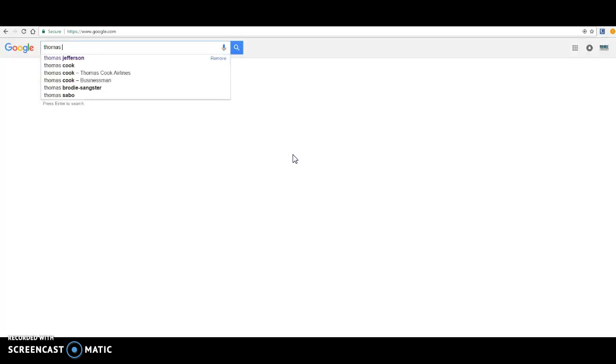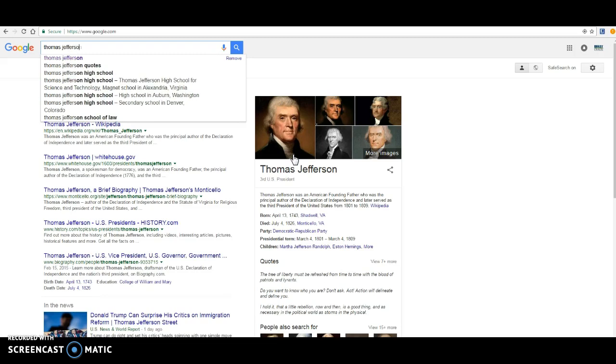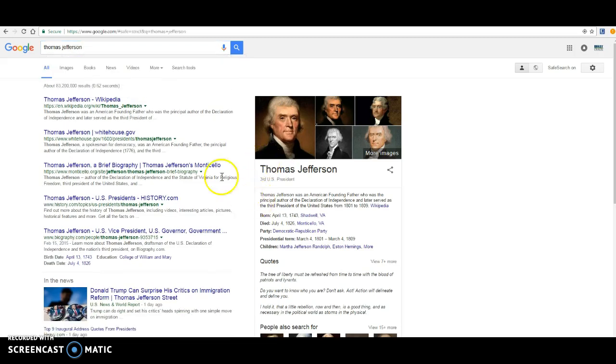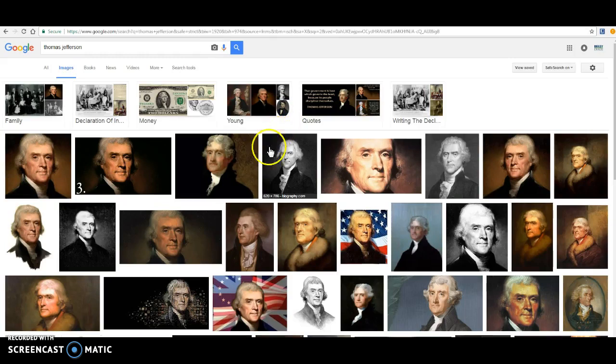So let's say I am looking for an image of Thomas Jefferson. I can go to Images, and all the images are here. Now, sometimes in Google there's a gear over here. Sometimes you only have these options here. Either way, just know that you can